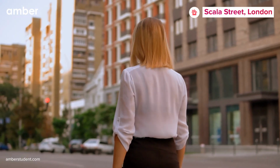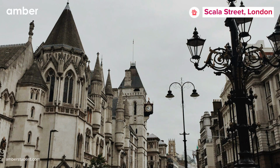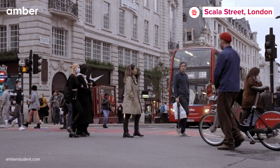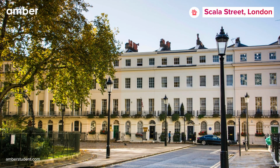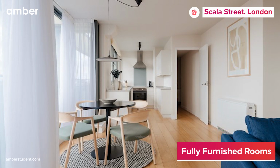Your endless search for the ideal student housing destination ends here. Introducing Scala Street, an exceptional haven which is more than just a place to stay. It's a gateway to a perfect life in London. Nestled in the heart of Fitzrovia, this stunning abode offers a fine selection of 1- and 2-bed private apartments to